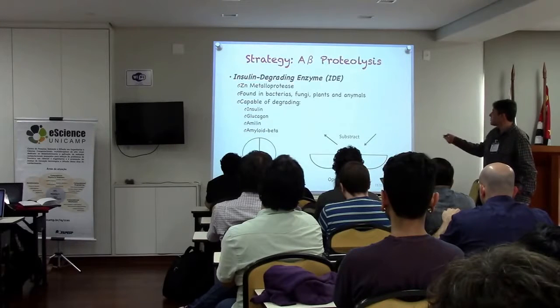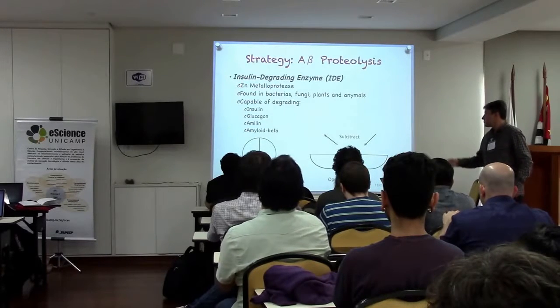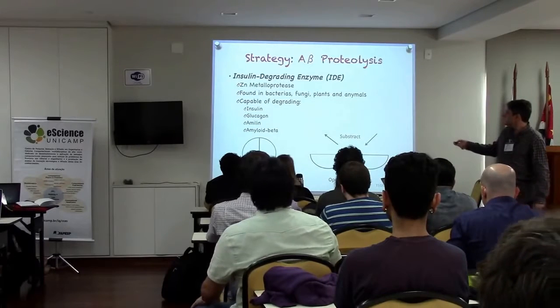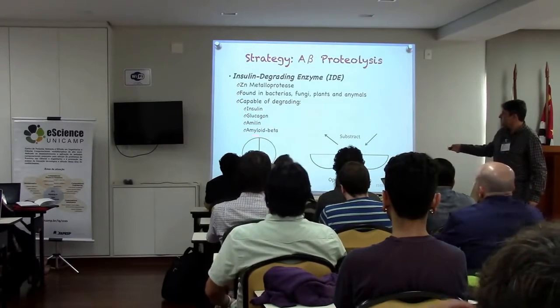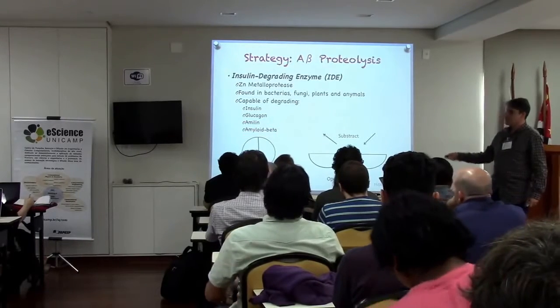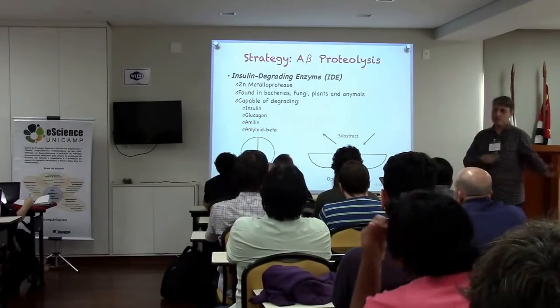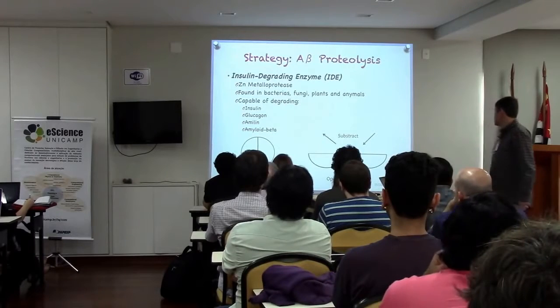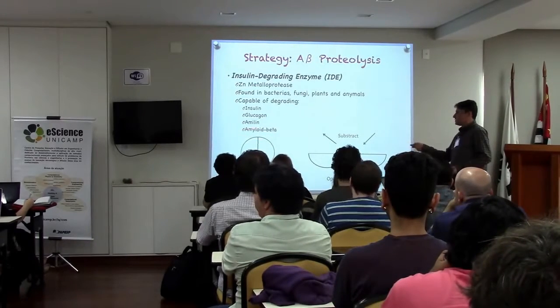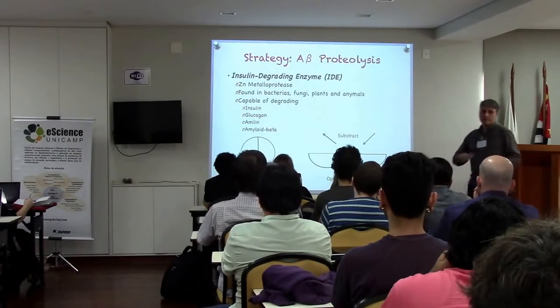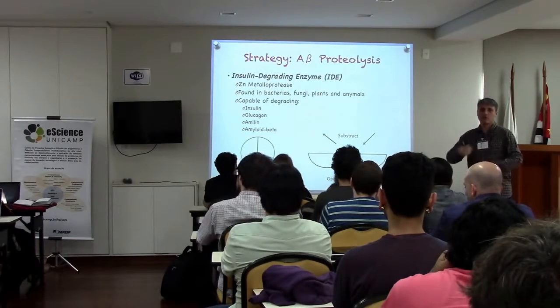Laboratory and found this insulin-degrading enzyme, which is a zinc metalloprotease. And the interesting thing is it's capable of degrading all those things, but especially in the brain, it is the one mostly responsible for degrading the amyloid beta, which is very related to Alzheimer's disease. There are some experiments in rats that show that if you can somehow remove the amyloid beta plaques, rats recover